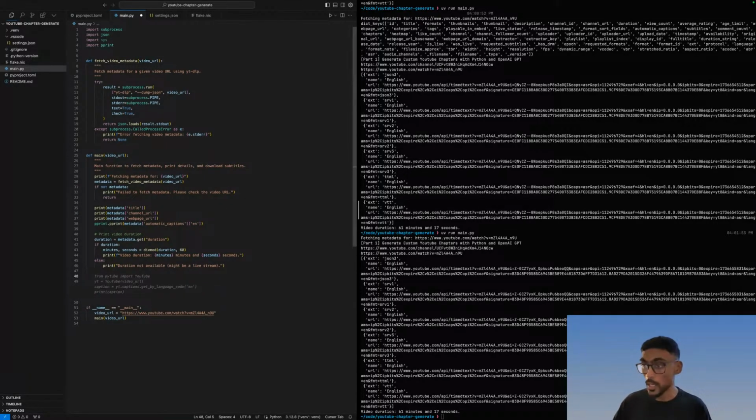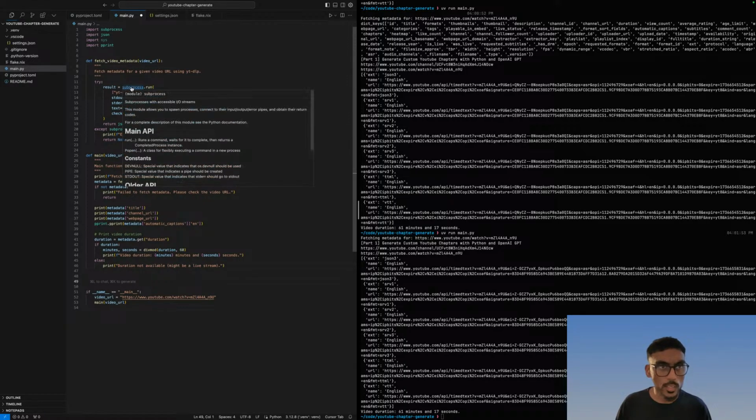Cool. Actually, one last thing I'll point out is that because this is a CLI tool, you'll notice that I'm using the subprocess library in Python. This module allows you to spawn processes, connect to their input, output, and error pipes, and obtain the return codes.